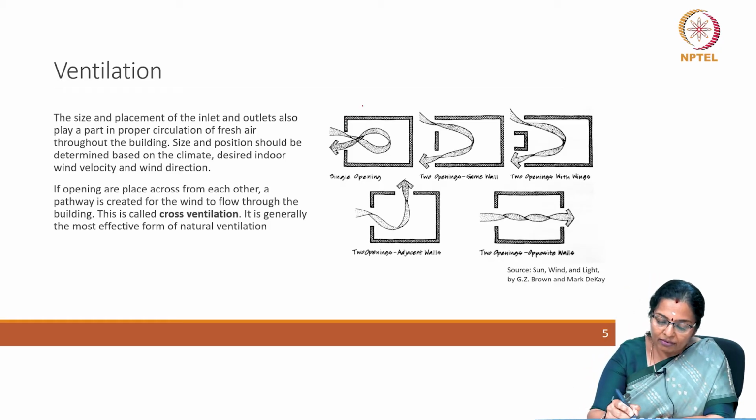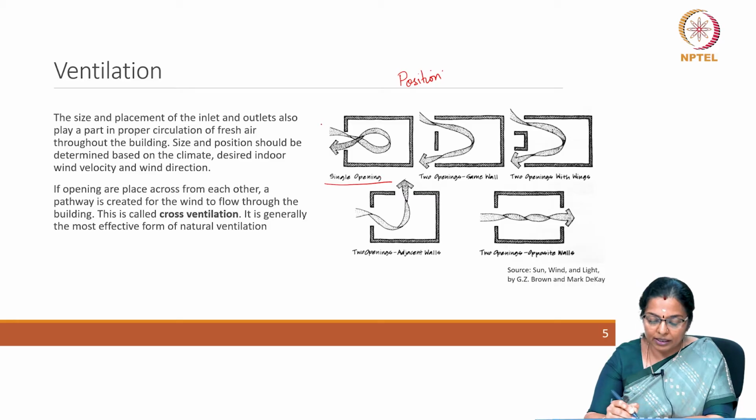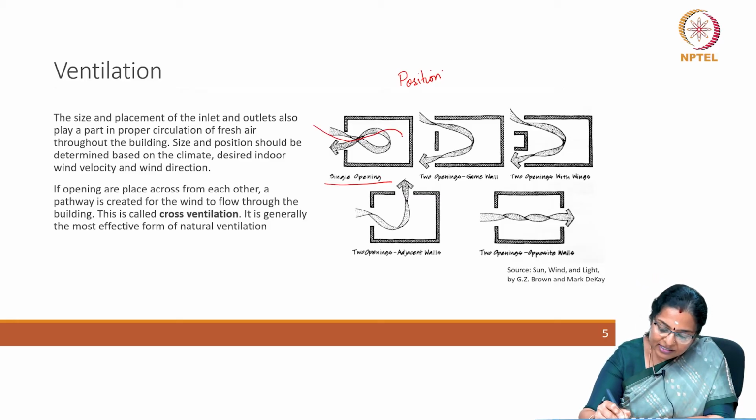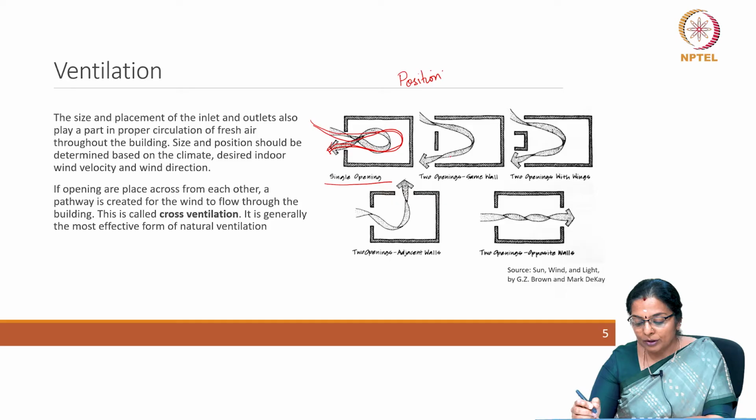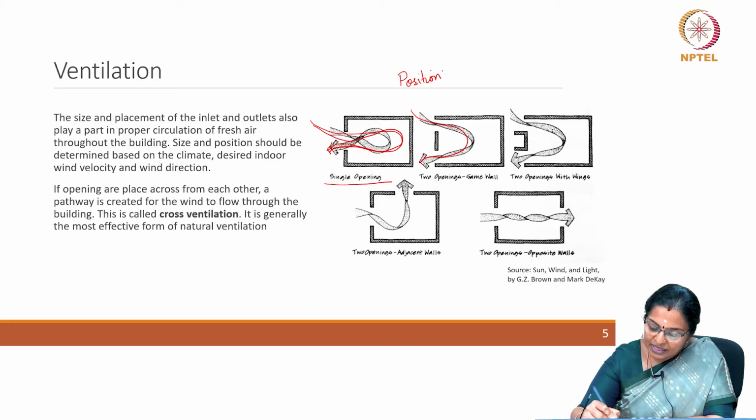So, here we are talking of position of openings, and what happens when you have a single opening. When you have a single opening, the breeze that enters inside gets fizzled out and less of breeze goes out, due to which there isn't much encouragement for more airflow to come in through that single opening. Whereas, if you have two openings on the same wall, due to pressure differences, breeze flows in and goes out, leaving out a